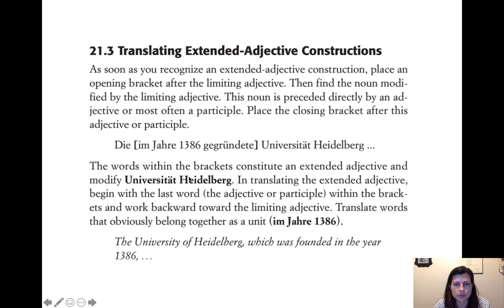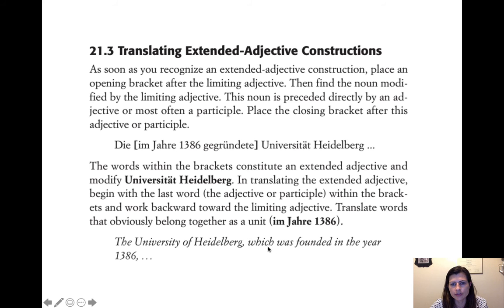And then the words within the brackets constitute an extended adjective and modify Universität Heidelberg. So you could put any adjective here, right? You just replace all of this with alt, die alte Universität Heidelberg, the old University Heidelberg or something. Any adjective could go in there, and it would be the same construction, right? So begin with the last word, of course: the in the year 1386 founded University of Heidelberg, right? But we want to say the University of Heidelberg, and then we're going to start with this last word, which is the proper adjective, and then we're going to continue on with the translation. So the University of Heidelberg,